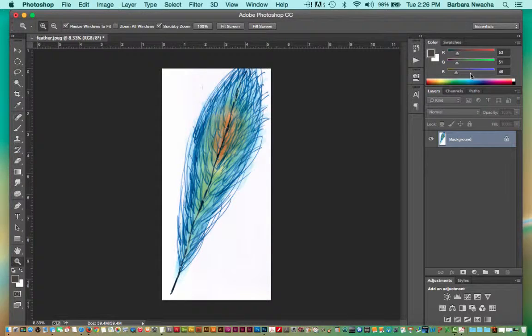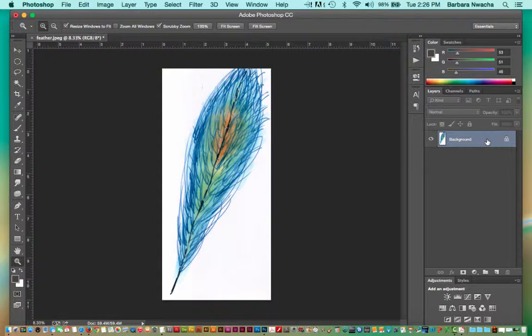The next steps that I'm going to go through are how to separate this out and how I might begin to turn this into plates or transfer sheets of paper that I can use to build this back in foil. And so there are some steps that I'm going to go through. Very first thing I want to do is go over to my layers. I have this called background. What background does is it means that this is the lowest layer in my Photoshop document, and it will always